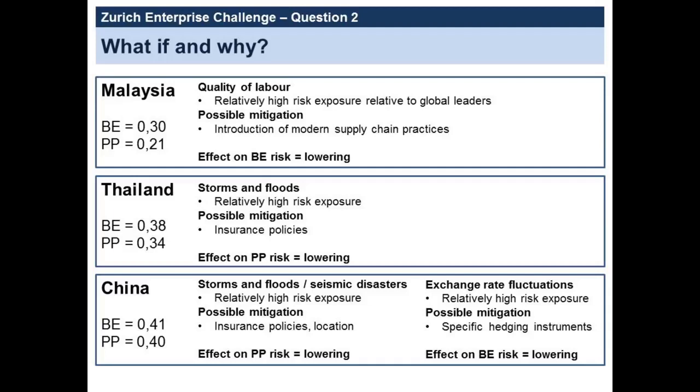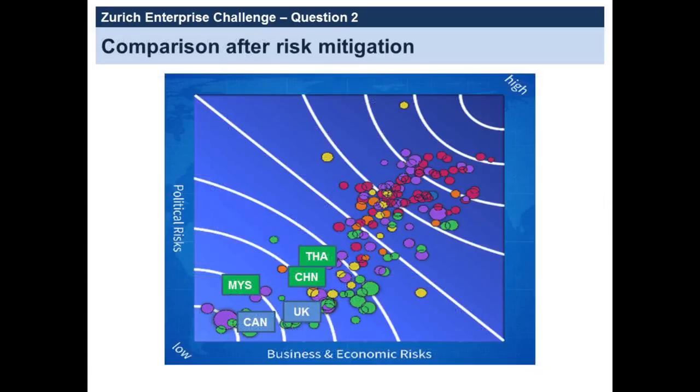countries. If setting up the hub in Malaysia, we assumed one would do so in accordance with modern supply chain practices, which can increase the competitiveness of employees, therefore lowering the quality of labor risk. Secondly, in order to mitigate the risk related to environmental catastrophes, both in Thailand and China, RoboCanada can either buy insurance policies or pay special attention to choosing an appropriate location within the specific country. Lastly, exchange rate fluctuation risk is commonly mitigated by using hedging instruments or negotiating the deal denomination with suppliers, debtors and buyers. The risk mitigation can substantially lower the risk exposure in each of the chosen countries, as we can